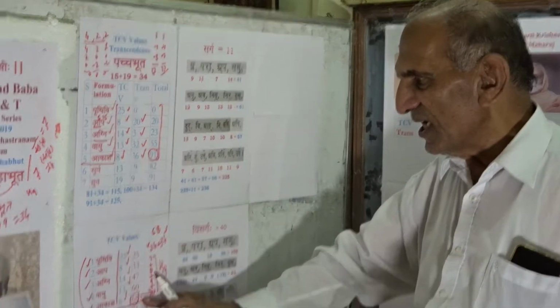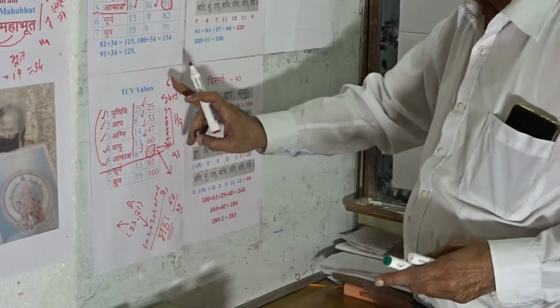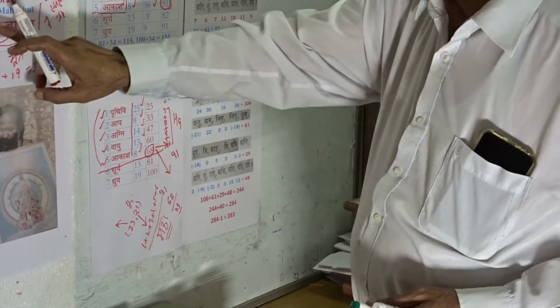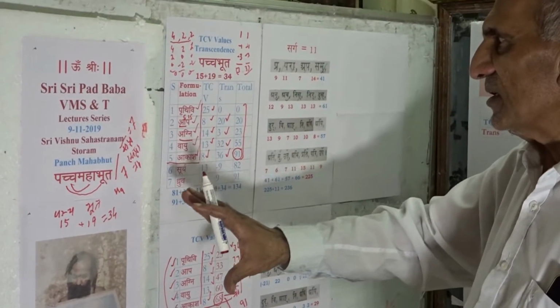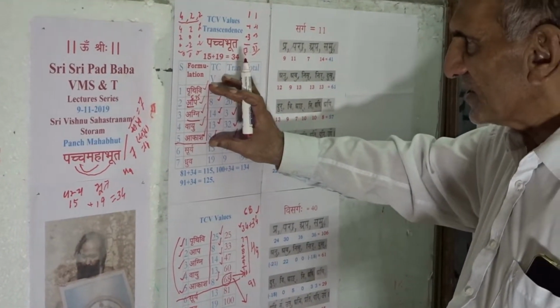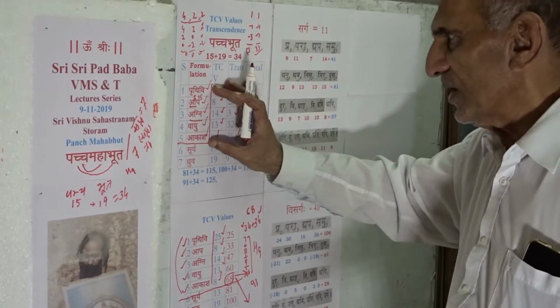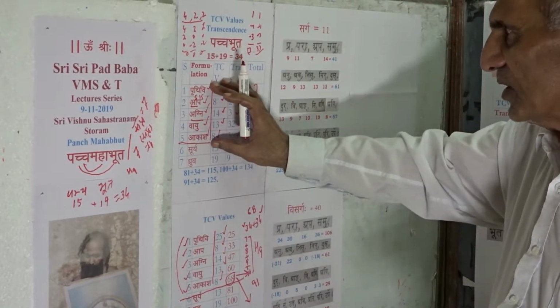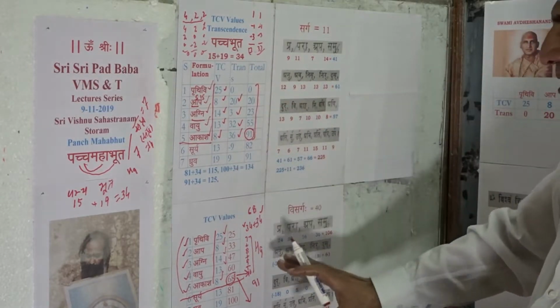These 68 values equal to 34 plus 34, and 34 is value of a Panchbhut. Therefore, first feature of this range of formulations, these Panchbhut formulations are the formulations which lead us to the TC